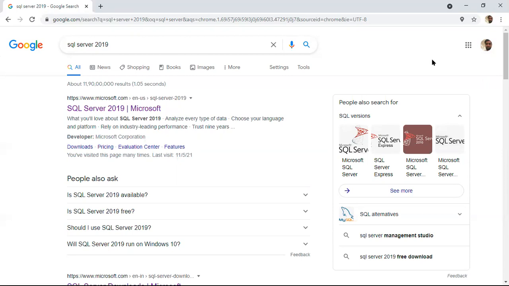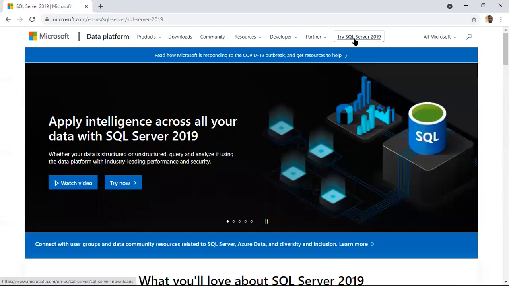One second. Right, check here. After searching, click on 2019. Go to try SQL Server 2019.